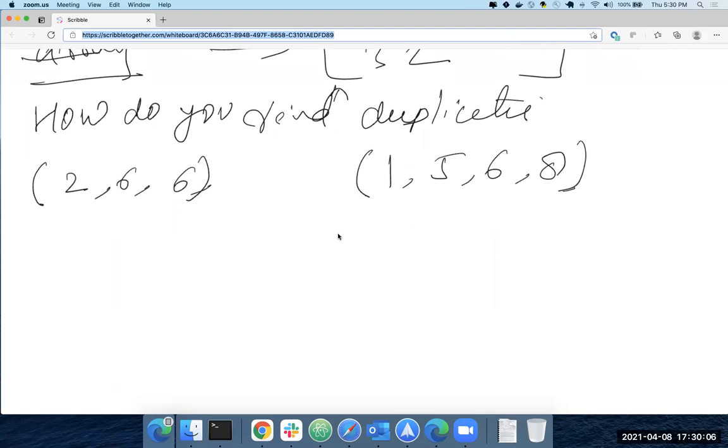When you start from 2 and you binary search it in the next array, you don't find it. Then you come to the next 6, you binary search it, you find the 6. Then you make it into a new element so that it doesn't match again: either you delete it if it's a vector, or you can put in a special symbol.